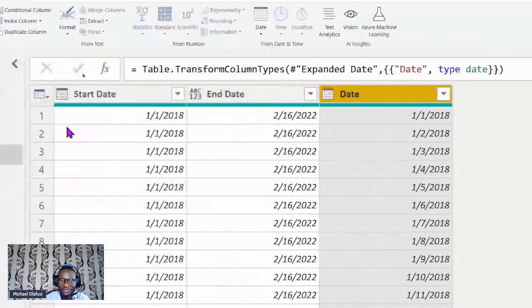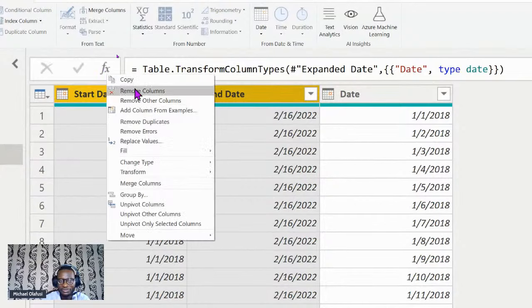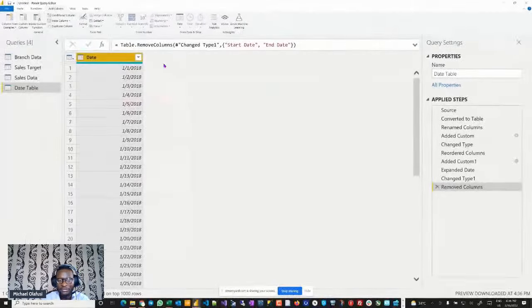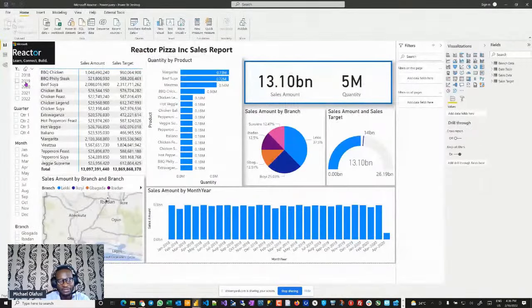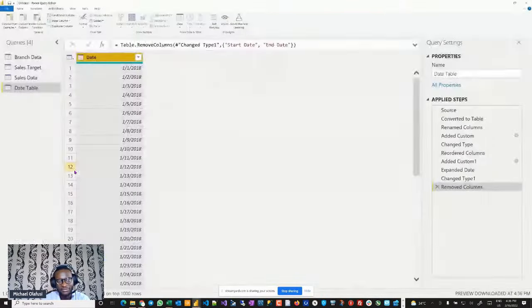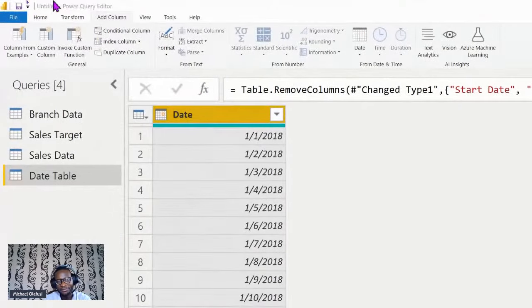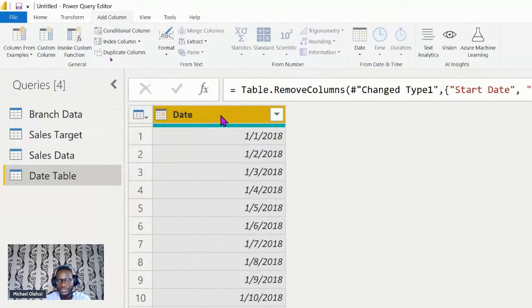Voila, this is interesting. I'm going to now say I don't need these two anymore. So I'm going to remove these columns. So now I have dates. But if you look at my original goal, I need to get year, I need to get quarter, month, right? So I need to extract more than just the dates. I need to extract those other fields. And this is where, if you ask me, Power Query shines better than doing a date table in Power BI in the model itself, with DAX, right?